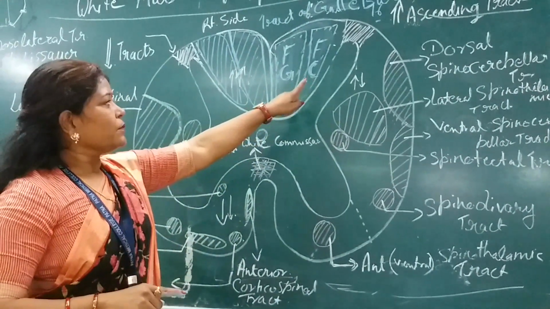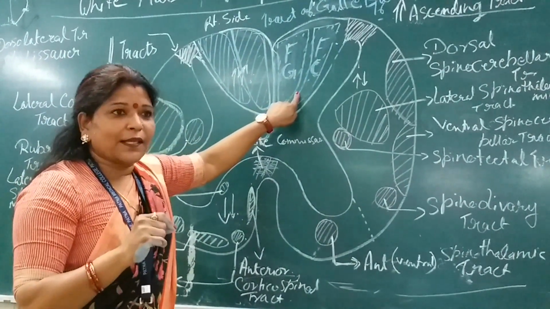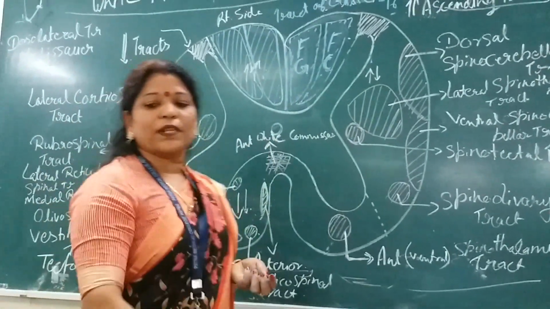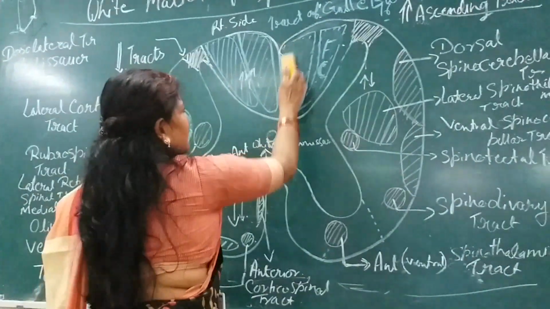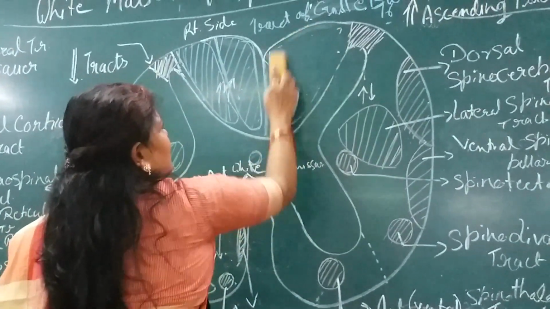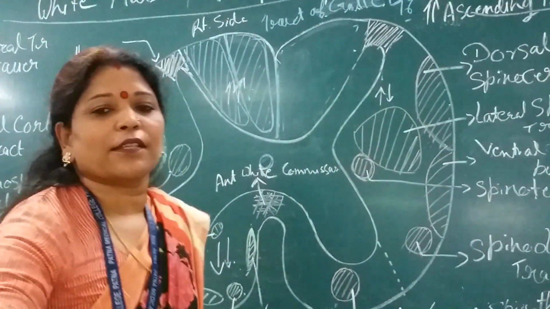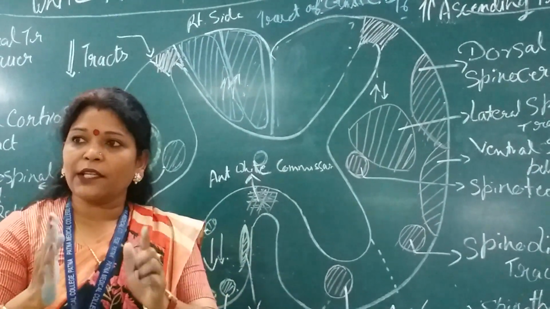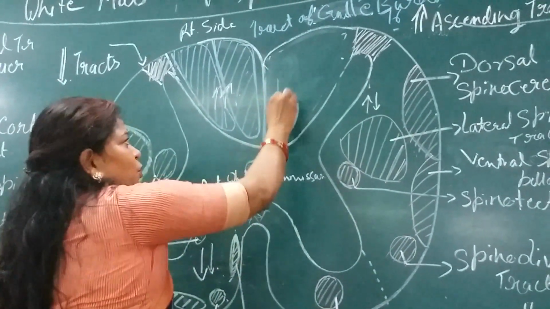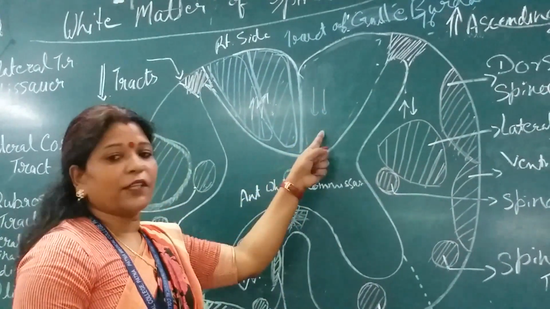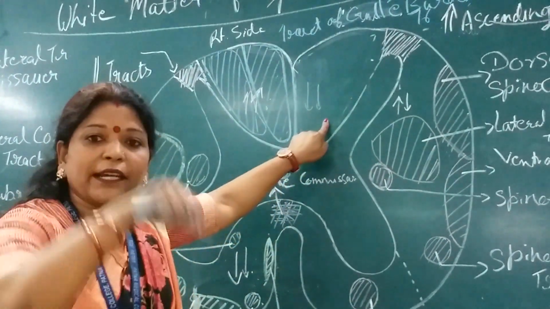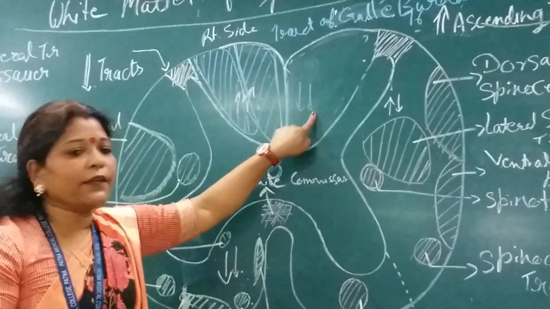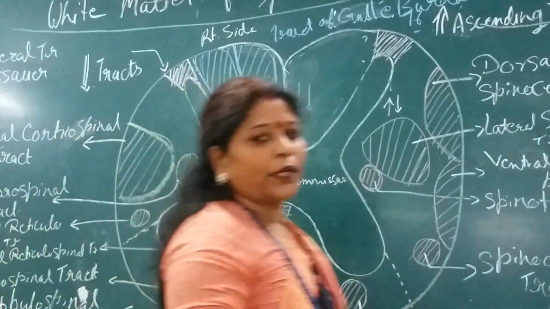Okay. Now, but there are some descending fibers also. Some descending fibers you will see in this compartment, which mediate the intersegmental reflex activity. Okay. So in the posterior column, whatever descending fibers are present, from where will these descending fibers be coming? In this column, from where will you get the descending fibers? Look here in this diagram.